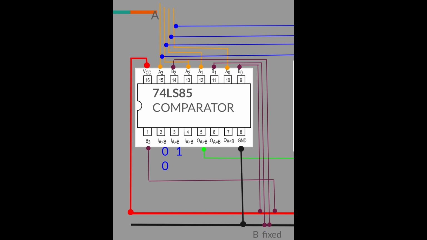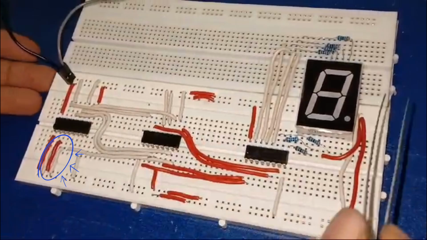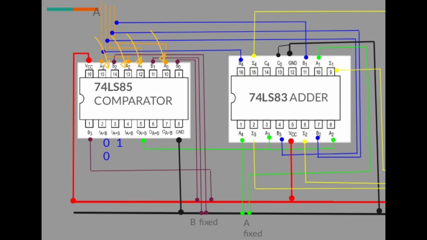Okay, and if I'm talking about the inputs A less than B, A equal to B, and A greater than B, so this part, I mean pins 2, 3, 4, I have fixed as well, so that the comparator works properly and provides the best outcome. I have connected pin 2, pin 3, pin 4 to 0, 1, 0. Okay, now come to the section A part of the comparator.